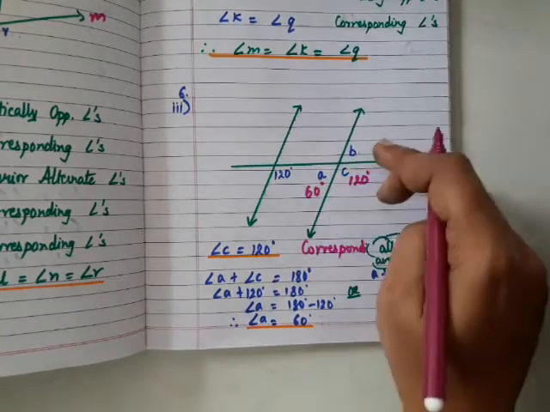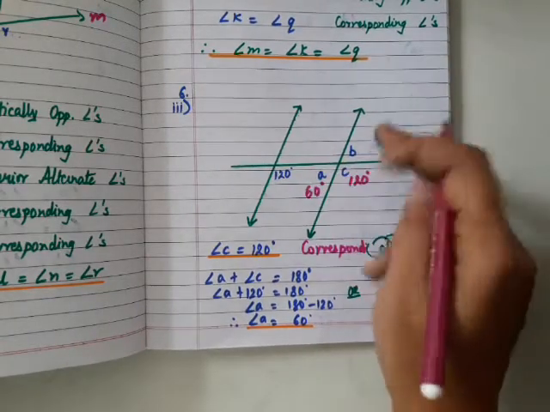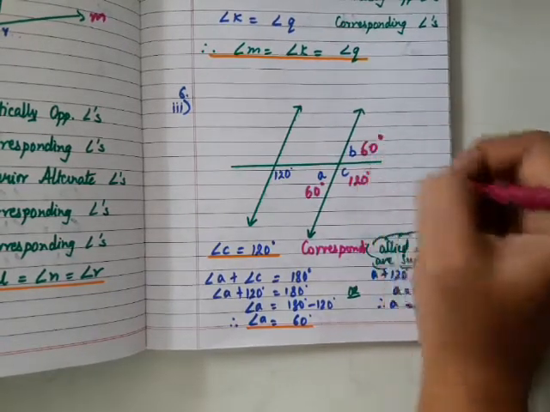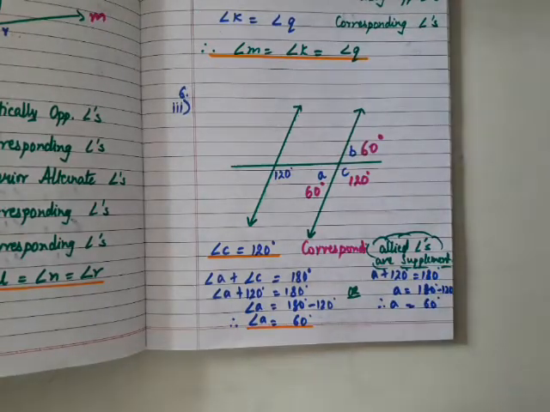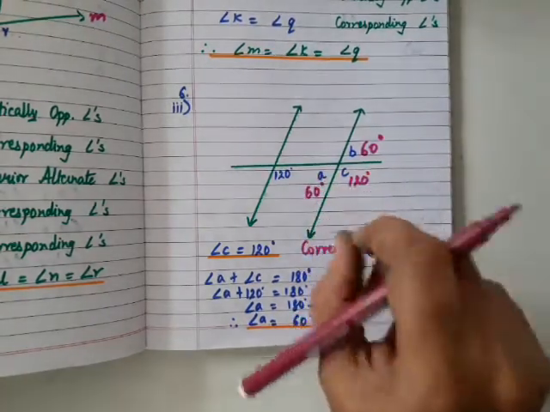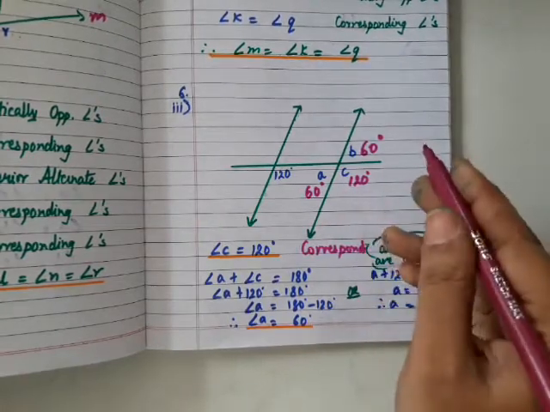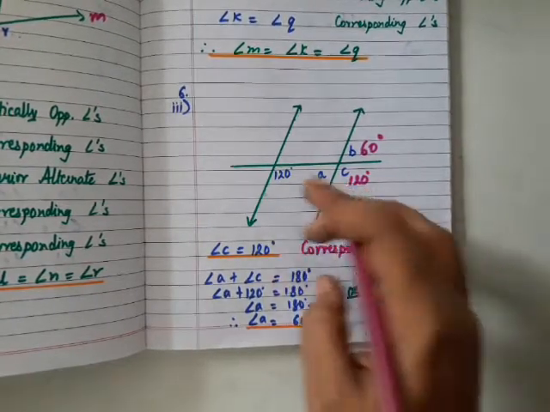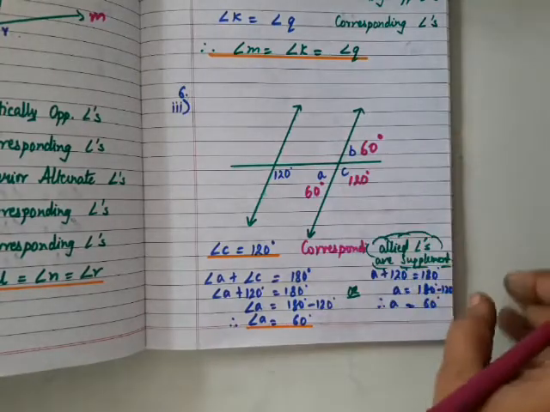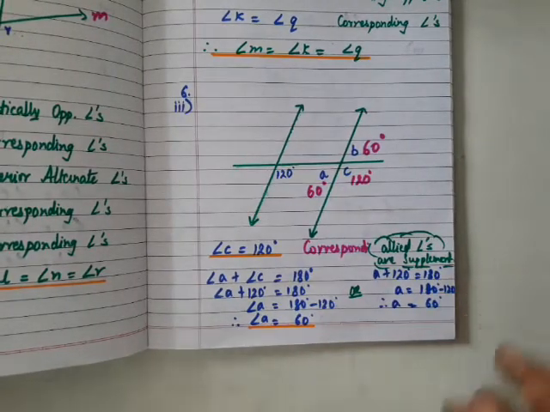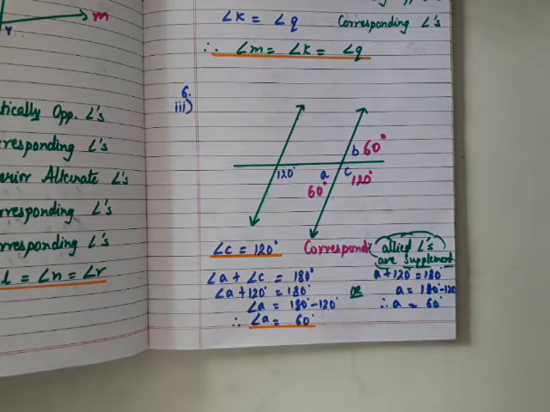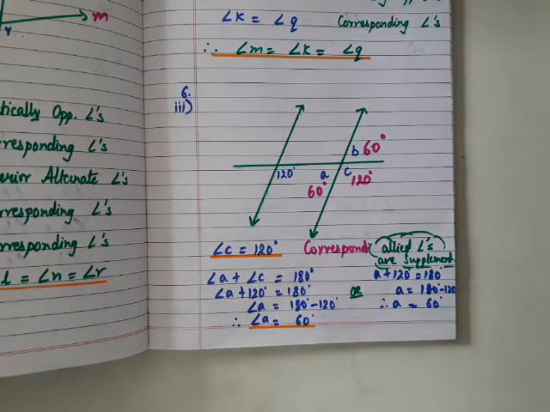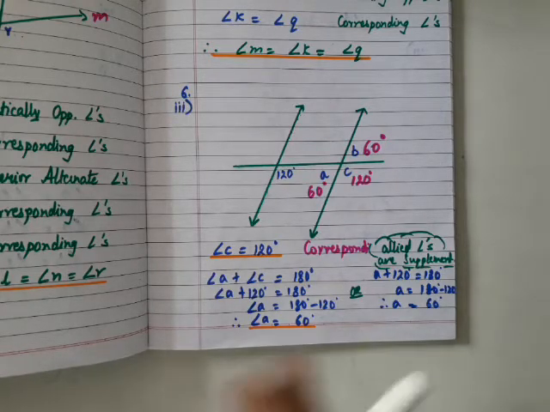Now if you see here, C, A and B, they are vertically opposite angles. So B also becomes 60 degrees. Okay, children, always update your figure with a different color pen or a pencil, so that as soon as you find out a value, it becomes easier for you to find out the next values. So it can be done in many ways. When you have parallel lines, there are many conditions of parallelism. You can go by vertically opposite angles, corresponding angles, or alternate interior angles, as you prefer.